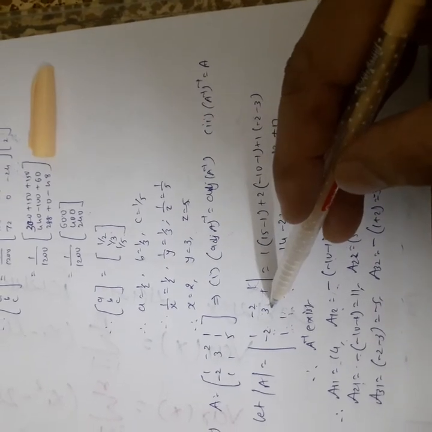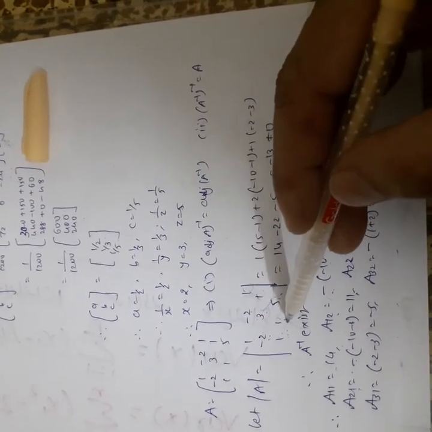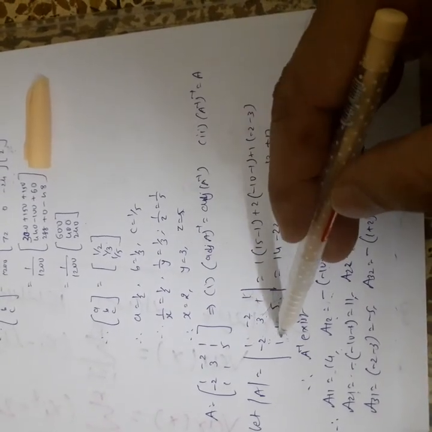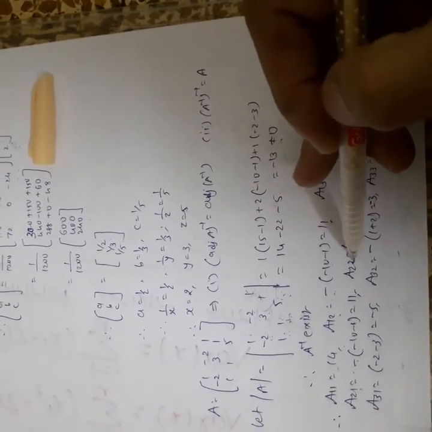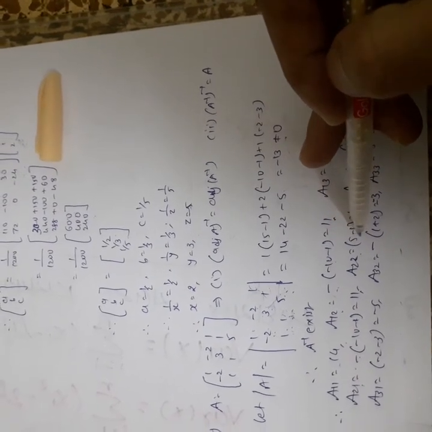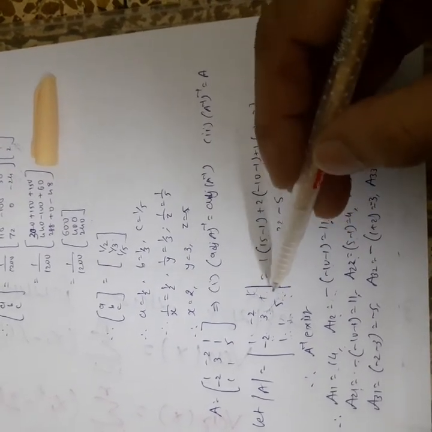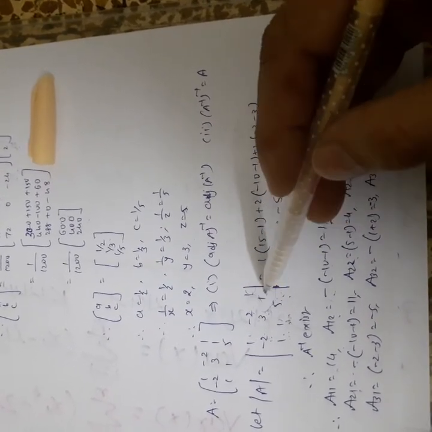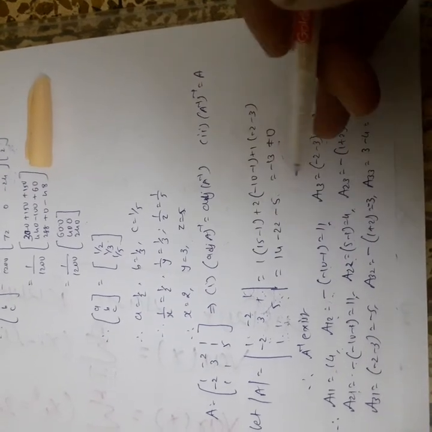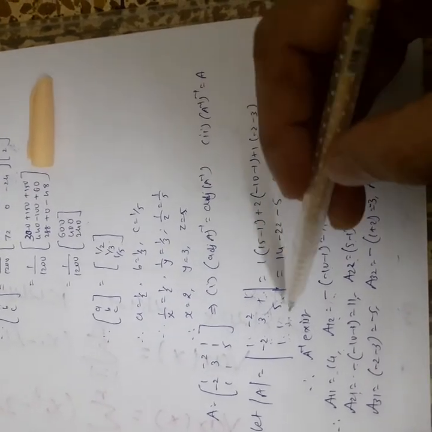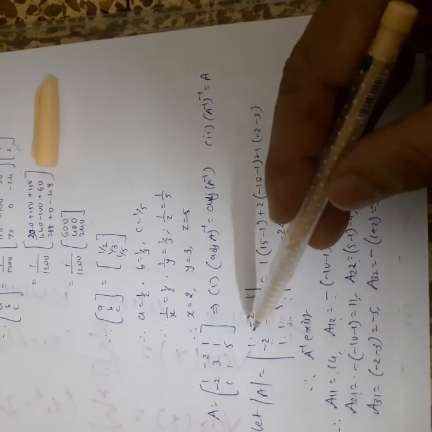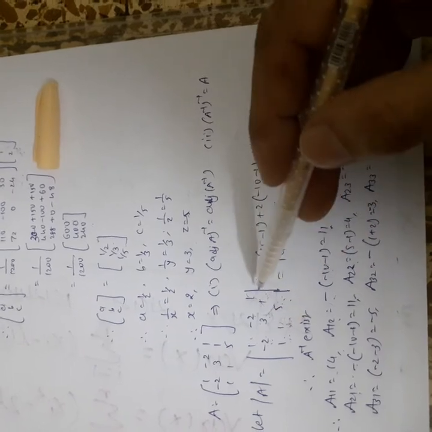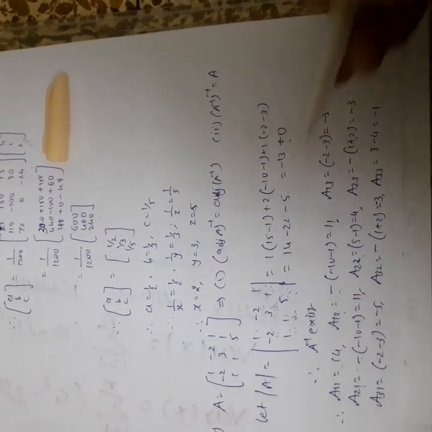Now the cofactor of 3, the element of the second row and second column: we hide them, and the expansion of the remaining entries is 5 minus 1, 4. 2 plus 2 is 4, so (-1) raised to 4 means plus 1, so 1 into 4, that is 4, is the cofactor of 3. Then 1, the last element of the second row, in the third column: 2 plus 3 is 5, so (-1) raised to 5 is -1. Keep the other entries in the determinant of order 2; its expansion will be 1 minus (-2), that is 1 plus 2, 3, but here we have a negative sign, so -3 is the cofactor of 1.